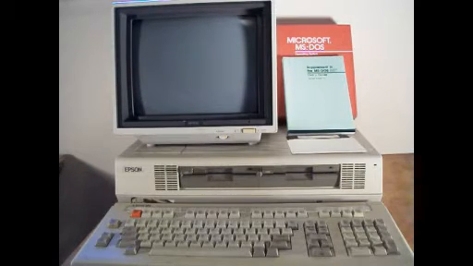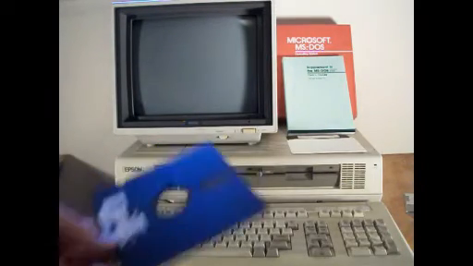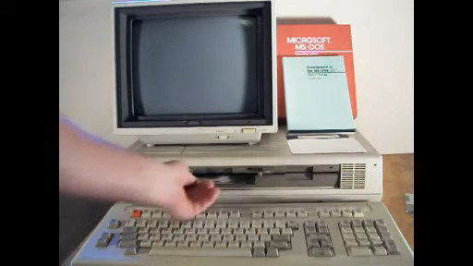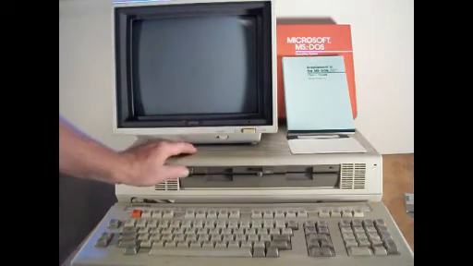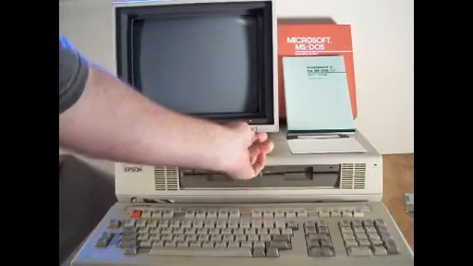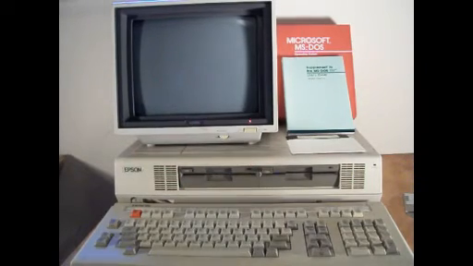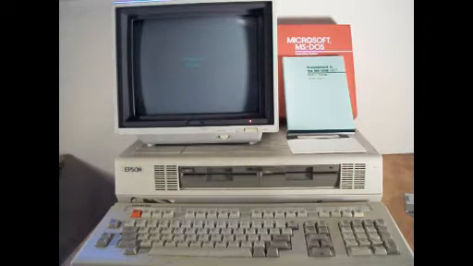So to actually use this machine, we would toss in our system disk, push the button, turn on the monitor, and it would do a self-test, testing the RAM, and then the little man inside the machine would flash this on the screen up here,